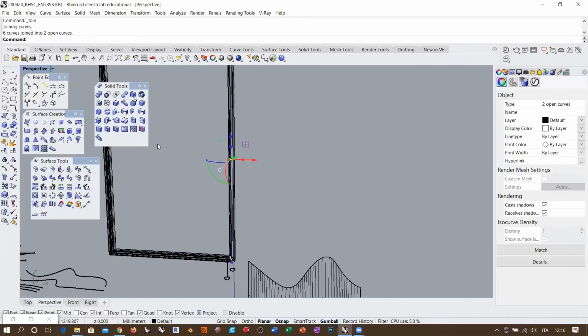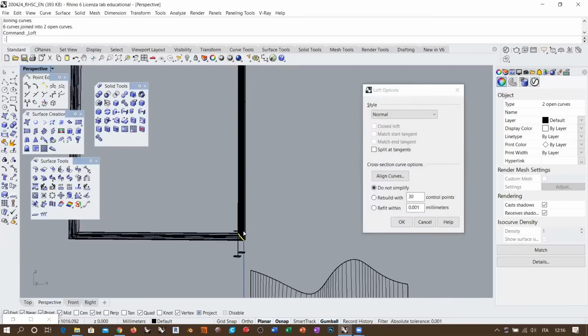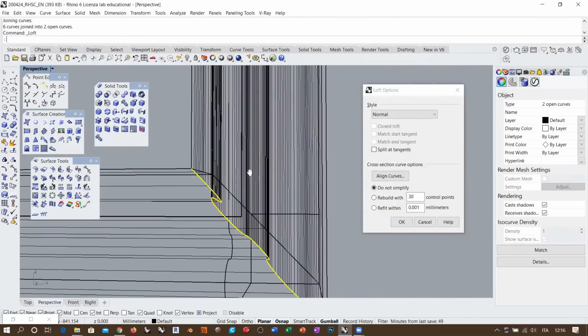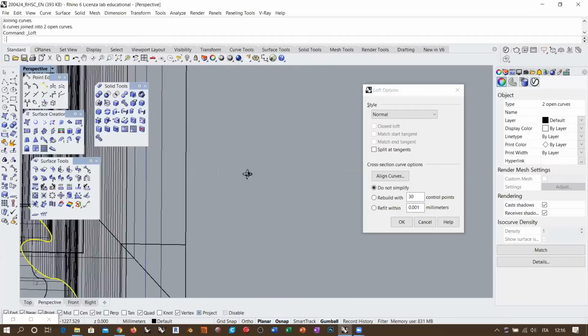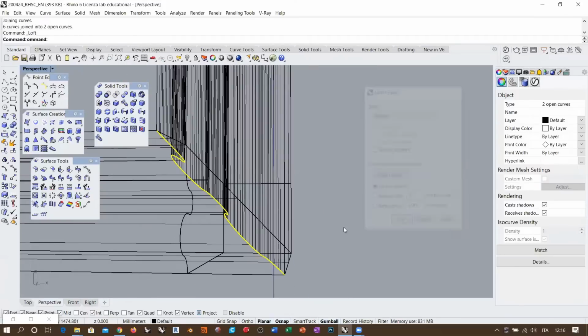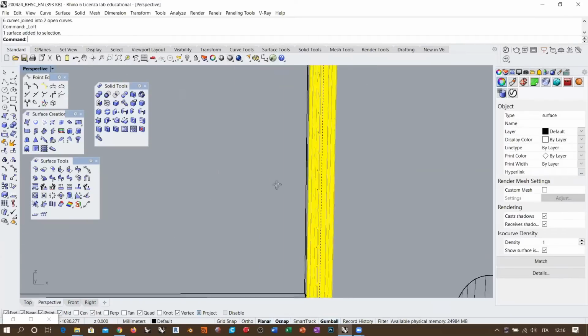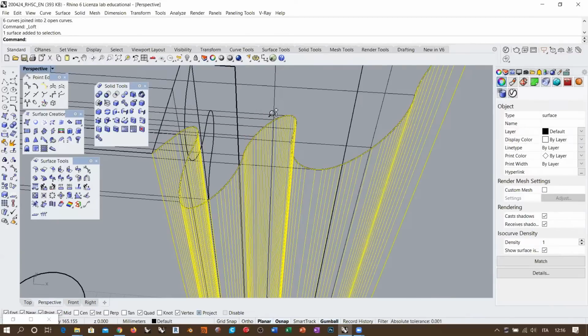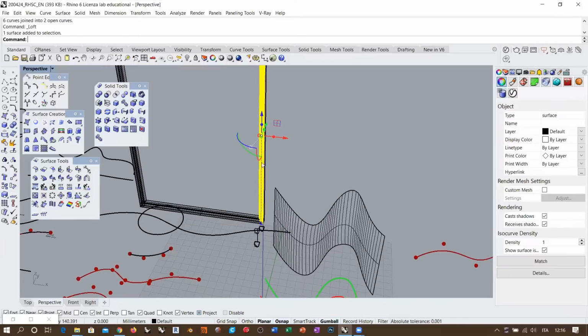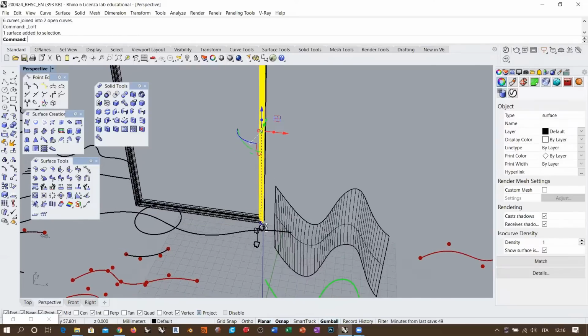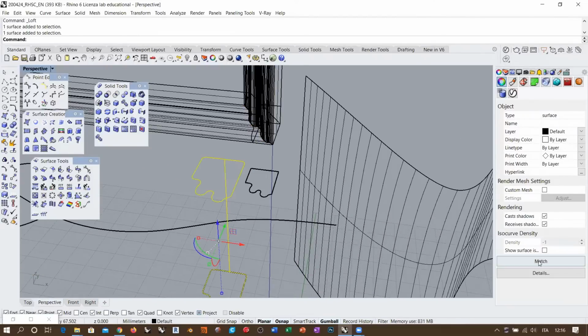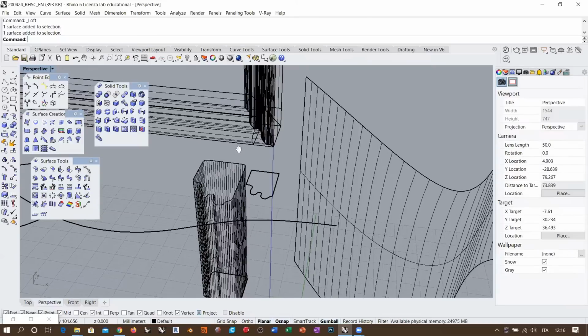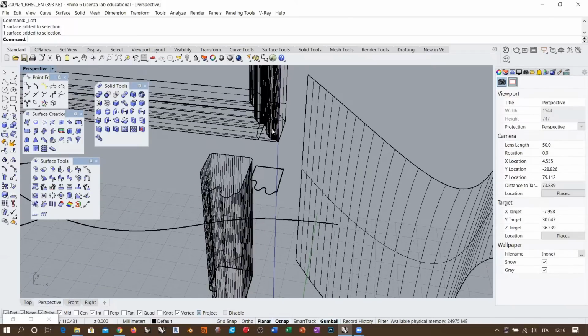But if I perform a loft right now between these two lines, what I get, without simplifying anything, is this surface here, which is one single surface from top to bottom. And in the end, we get this kind of topological complexity, which basically corresponds to this one, more or less. Okay, so there is no particular advantage of choosing or sticking to the sweep one rail in this case,